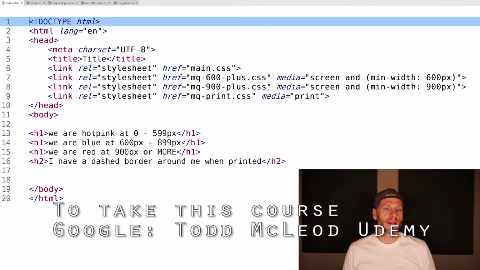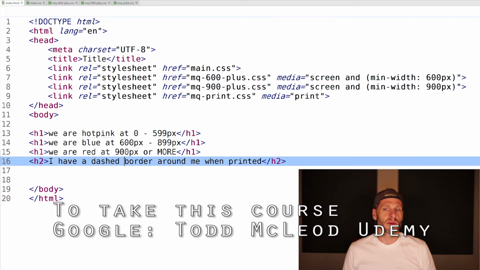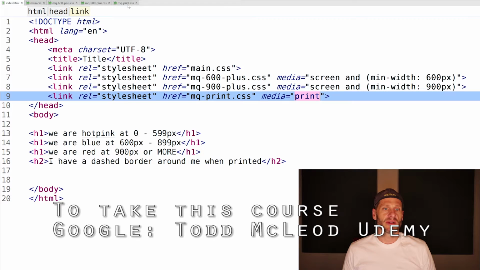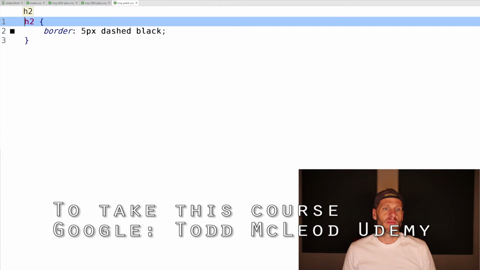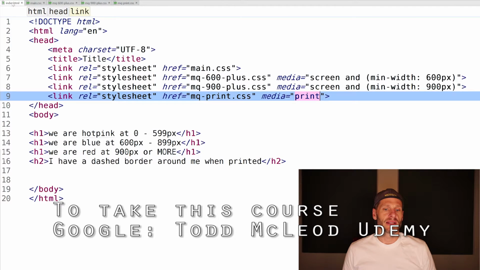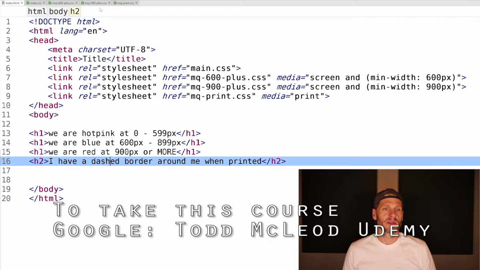So hot pink, blue, red, and a dash border when printed. So I just added this one on right here, border dash black. Dash border around the H2. Cool. And then the next one